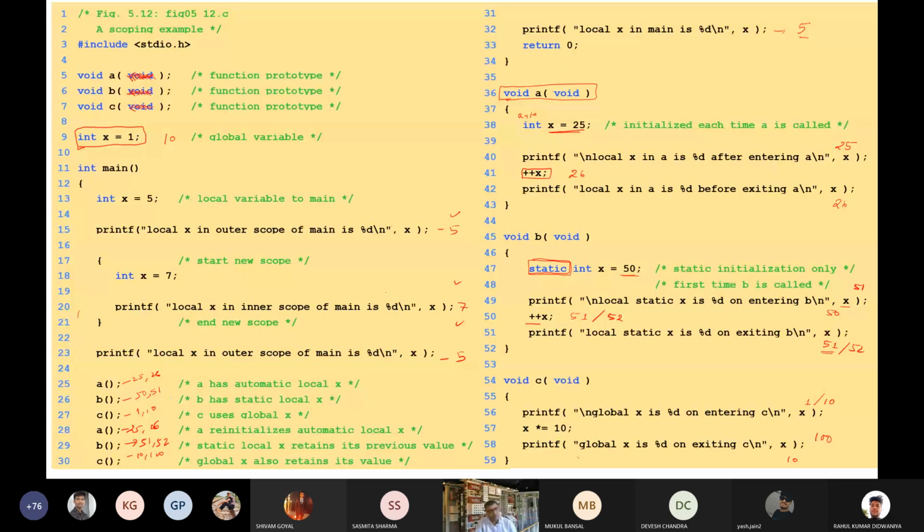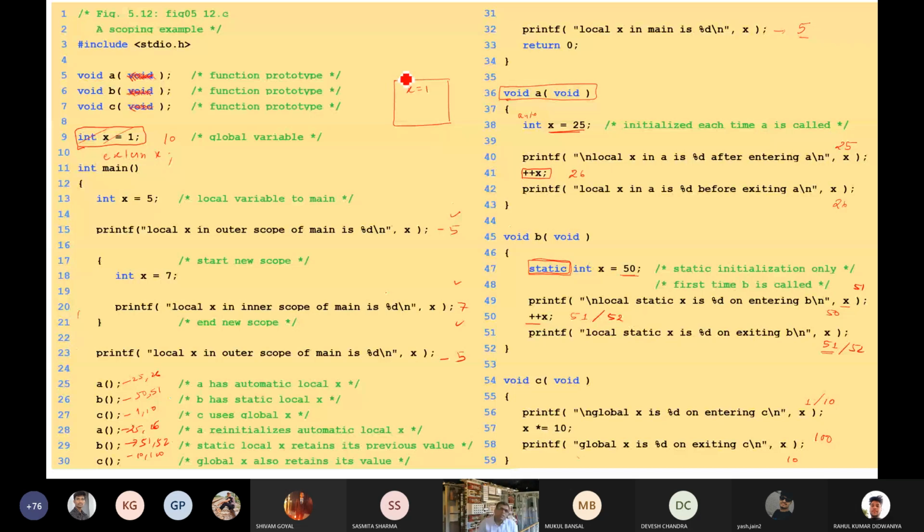Why have we not used the extern keyword here? Because its scope is inside that file. If any other file is there and this file uses x equals to 1, then instead of writing this, we can write extern x. So this will also work if file scoping is in place.